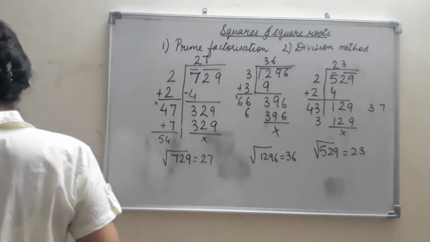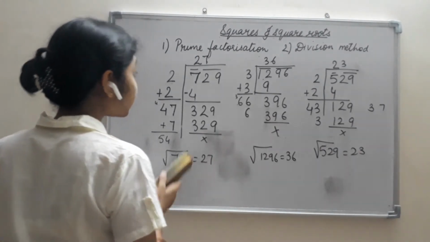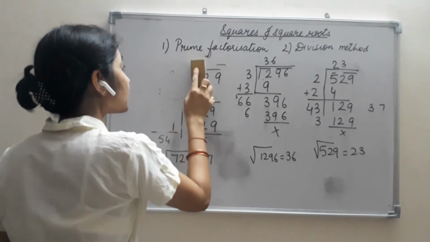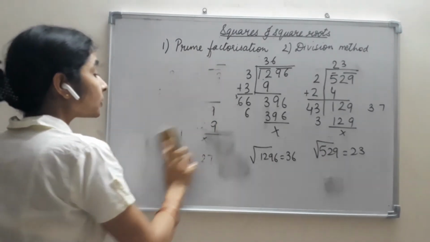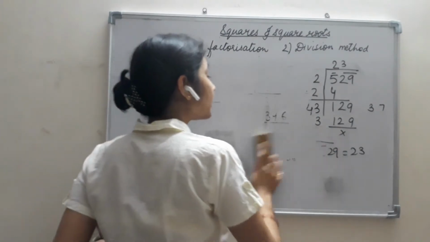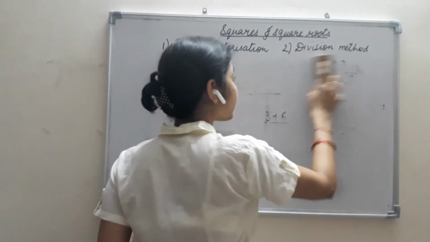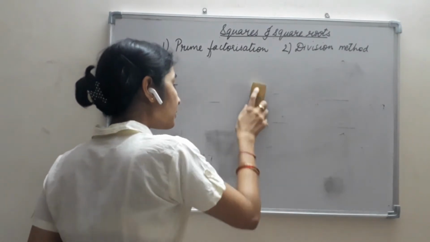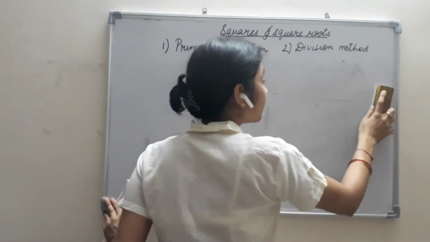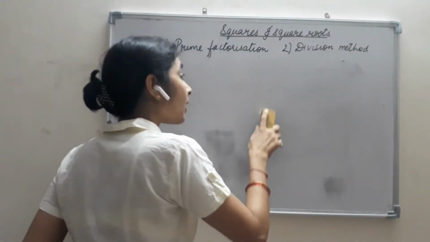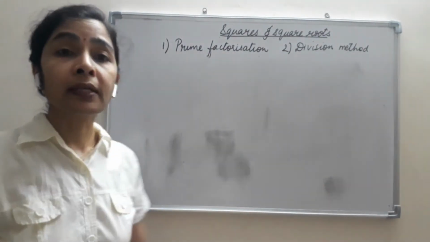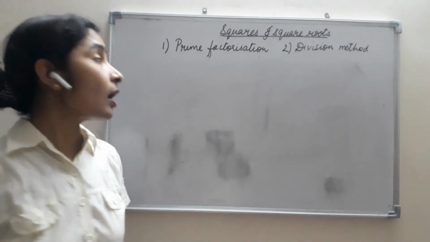But generally in exams we are asked questions in a different manner. Though we are asked to find the square root with the division method, we are also asked questions in a different manner. We are intentionally given numbers which are not perfect squares, and as we did in our previous video on the prime factorization method, where we were asked which number should be multiplied or divided to that number to make it a perfect square. Here we are asked which number should be added or subtracted to the given number to make it a perfect square number. So how will we find that?